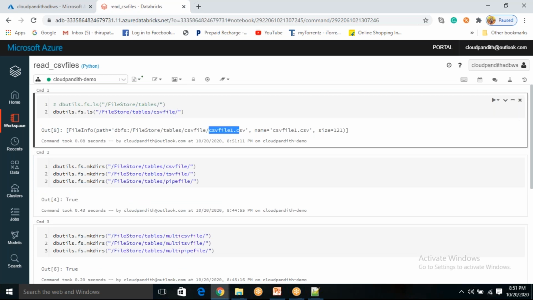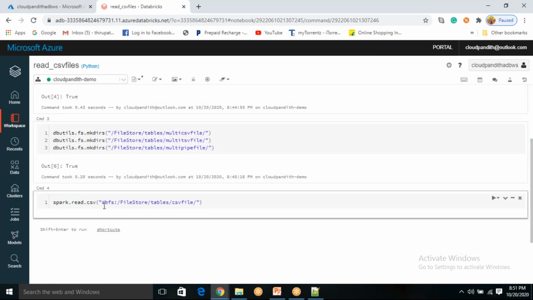So the content which we have is the CSV file. So basically, this is the actual final path from which I need to read the data. So mention this particular path here. Now Spark session, I'm reading the CSV file from this location. This will create a data frame.